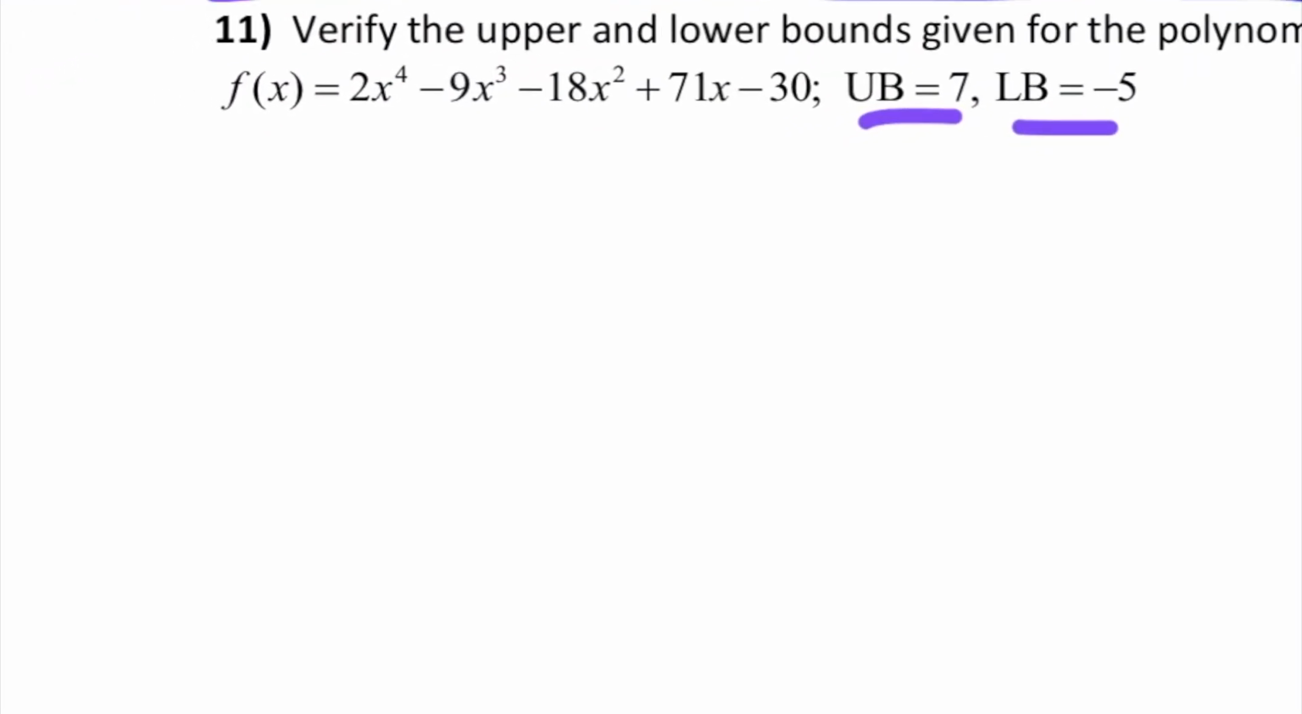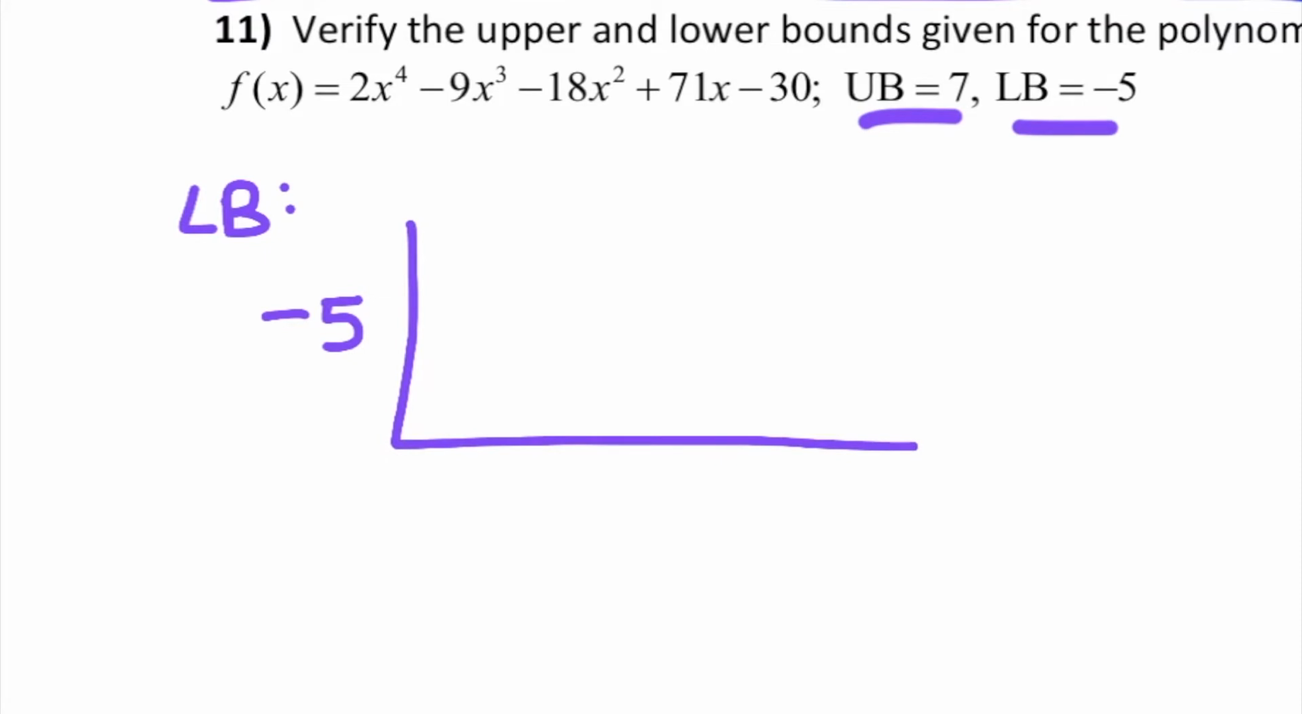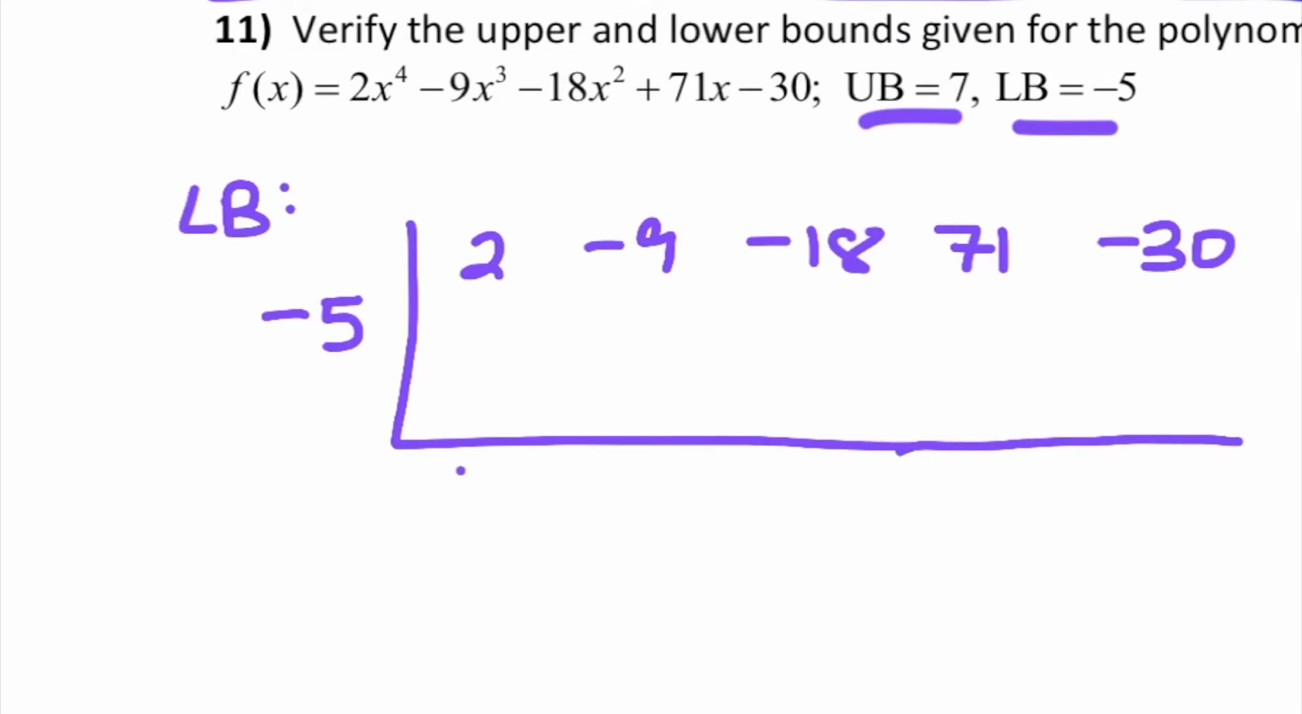So I'm going to start with the lower bounds test, and so I'm going to divide by -5. And my coefficients are 2, -9, -18, +71, -30. Oh, that's ugly. And right now the 2 times -5 is -10, -9 plus -10 is -19. Take your calculator and multiply. Don't write my answer down. -19 times -5 is +95. -18 plus 95